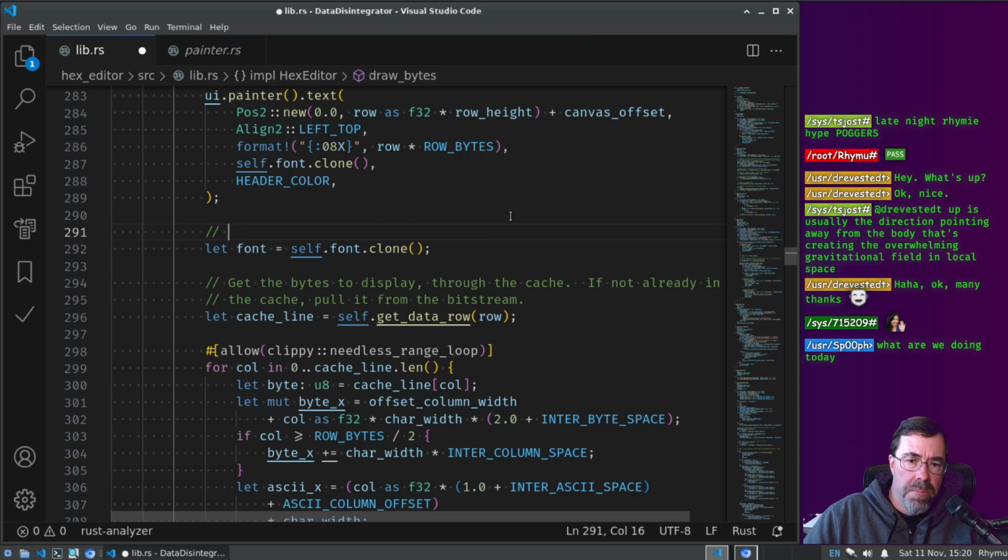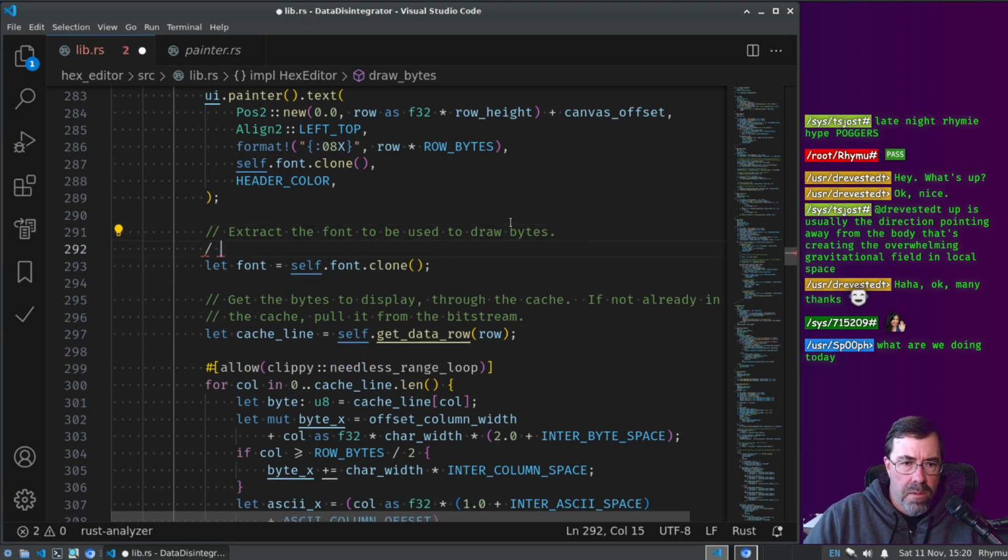What do I say here? Extract the font to be used to draw bytes. I need to slow down on my typing. Extract the font to be used to draw bytes. Draw bytes. Do this now because